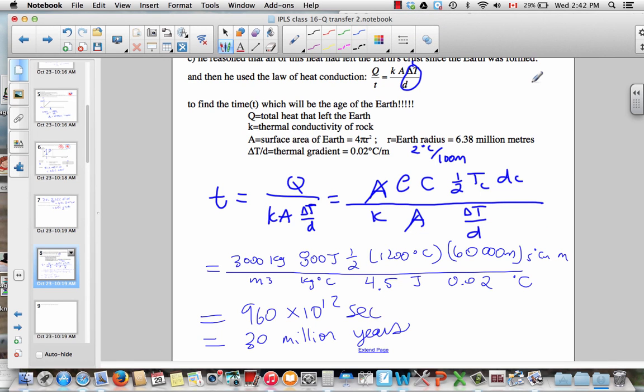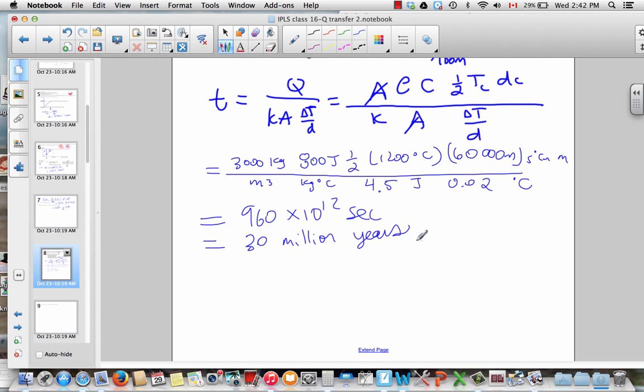Okay, so substituting in all the values and the various units, we end up with 960 trillion seconds, which is about 30 million years, which is a significant amount of time, but it was thought not to be enough time for Darwinian evolution to occur, and as a result, this was used as evidence against Mr. Darwin's theory. Of course, what